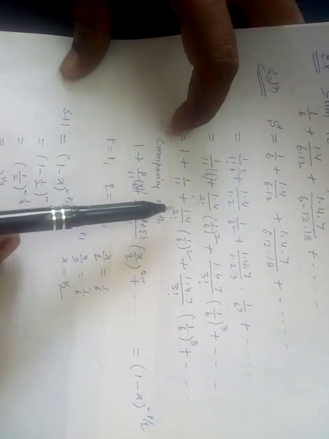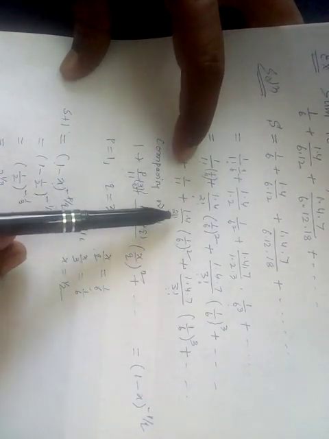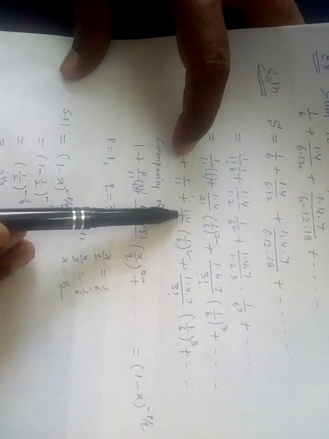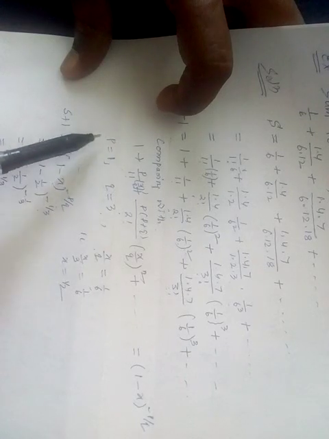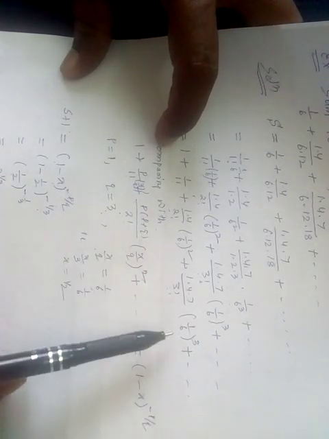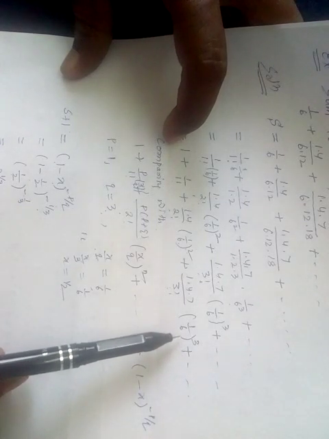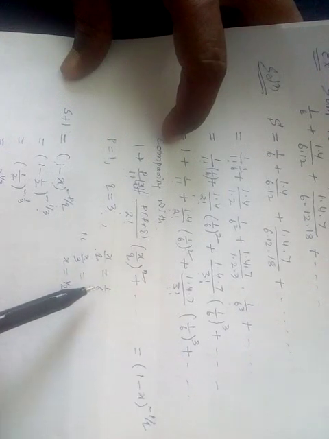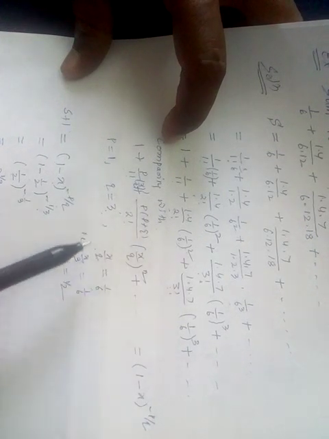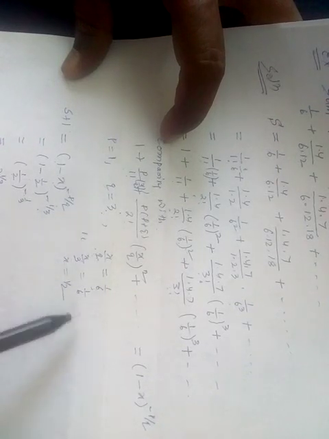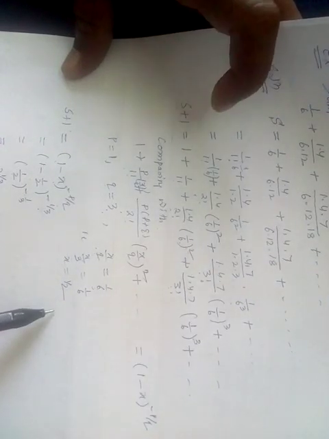So comparing, you will get p. p means the first factor of the AP factors. The first factor is 1, so the first factor is called p. The common difference is called q. Then the common ratio of the GP factors is 1 by 6. That common ratio is called x by q. You know the q value, substitute that q and solve for x, you will get the x value.